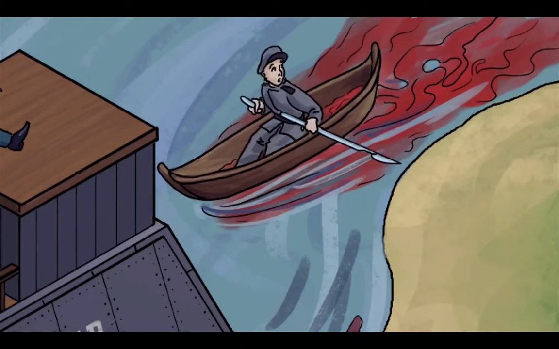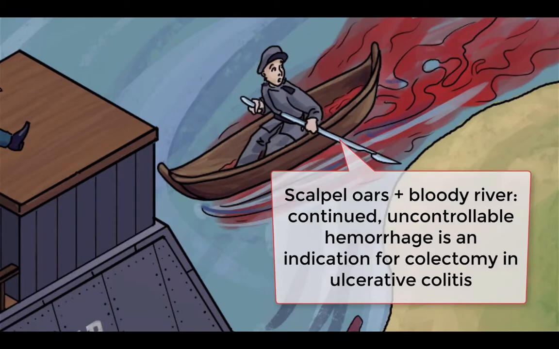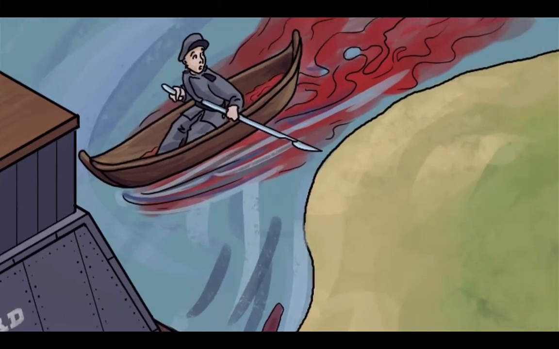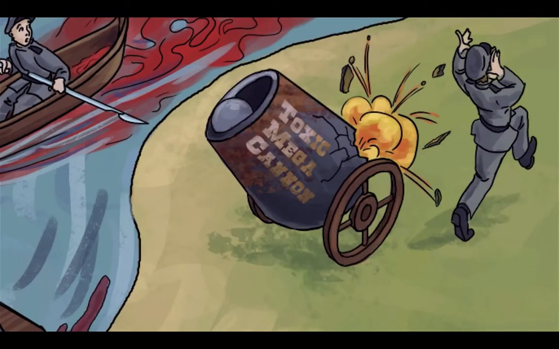What about emergent surgeries? One of the indications for surgery during a UC flare is pretty obvious when you remember all that bloody diarrhea they can have. Massive hemorrhage that doesn't stop on its own. And especially if it's causing hypotension from hypovolemia, by which I'm talking about hemorrhagic shock. It's a big reason to bring a patient with UC right to the OR. Another emergent indication for surgery in